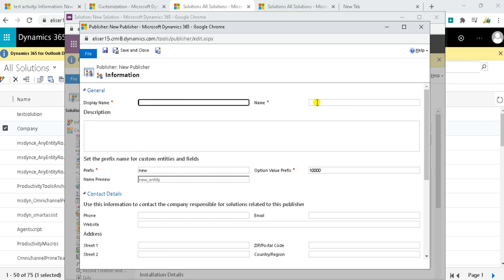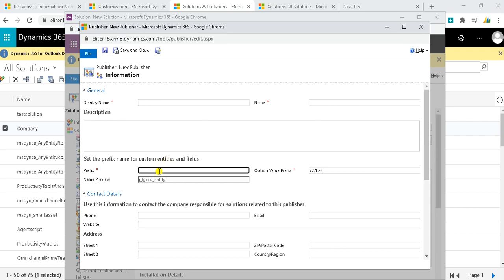Display name and schema name will be given here. Prefix: by default, CRM offers "new" as the prefix for any customization we do from our end. The option value prefix basically decides how to differentiate option set values within that solution from other solutions available in the environment.